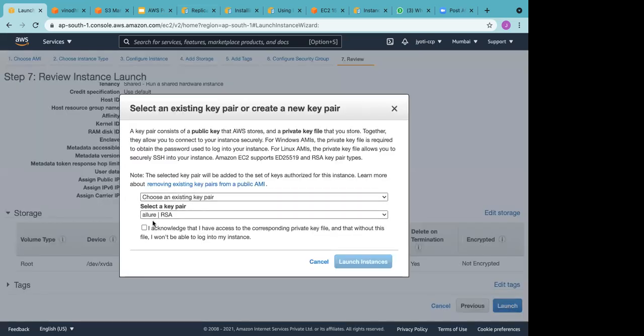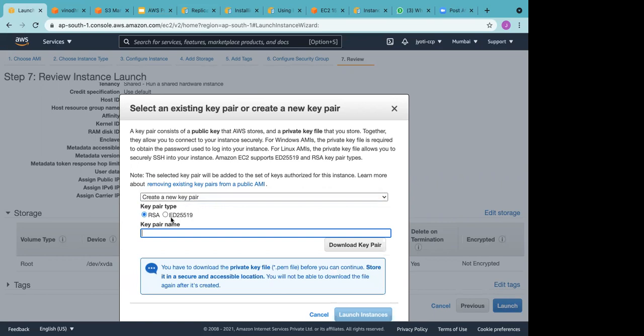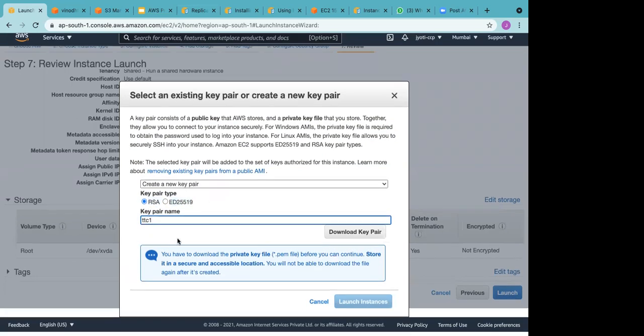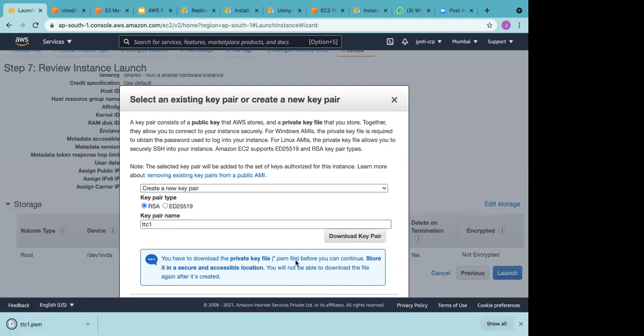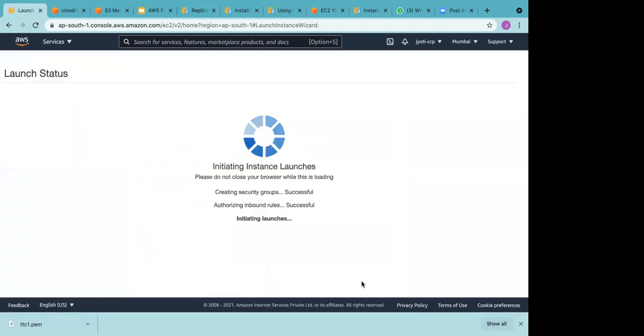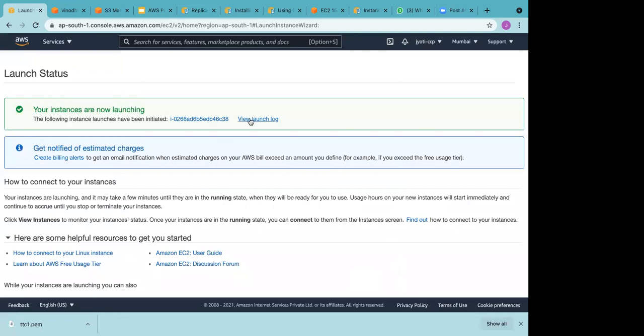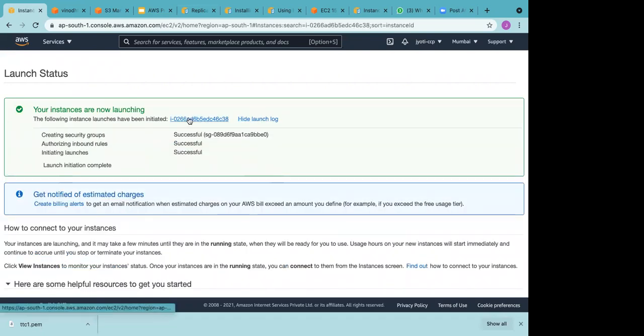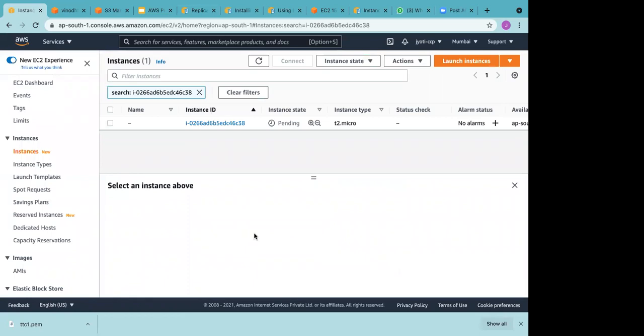Launch. Yeah, so I've created the instance, but if I want to access my instance, for that you need to provide your access key. So you can choose from an existing key pair or you can create one. So let's create a new one. Oh, this is a new option which I'm seeing, RSA, and okay. Download the key pair. This is your instance ID. Now your state is pending. Okay.